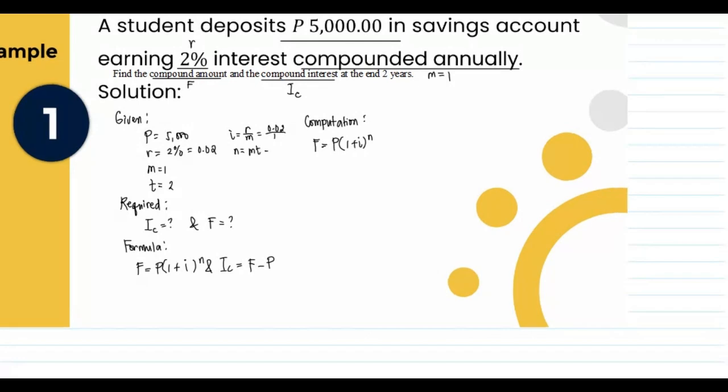So if it's empty, then m would be 1, and then the time would be 2 years. So your n is going to be 2. And then your p there is going to be 5,000 if we go back to the calculation. And then 1 plus i, the value of our i, is still 0.02. So it's still 0.02. And then your n is 2. So it will now be 5,000 times 1.02